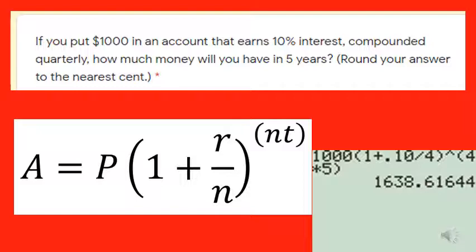So once you know what everything is, basically you just crank out the formula and you see what you got. I took $1,000 we started with, times, in parentheses, 1 plus 0.10 over 4. Make sure all of that's in parentheses, and you take that to the, and the exponent should also be in parentheses, to the 4 times 5 power. Especially if you've got like an old cheap calculator, sometimes it's easier if you just take it to the 20th power. You do 4 times 5 in your head, and then you don't need to worry as much about what that exponent is. The problem says to round this to the nearest cent, and so this would be